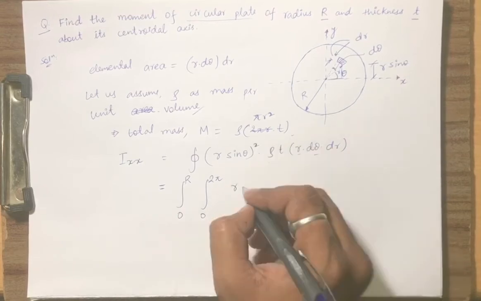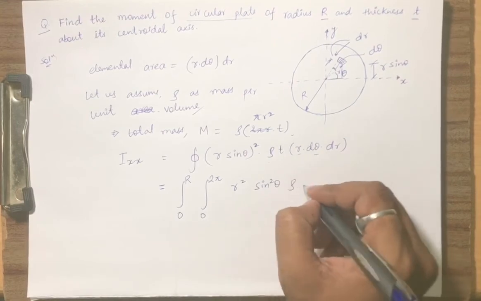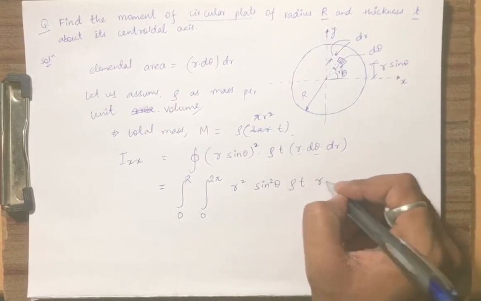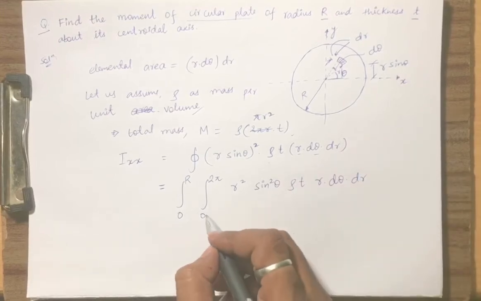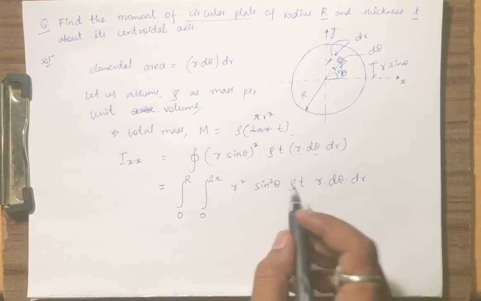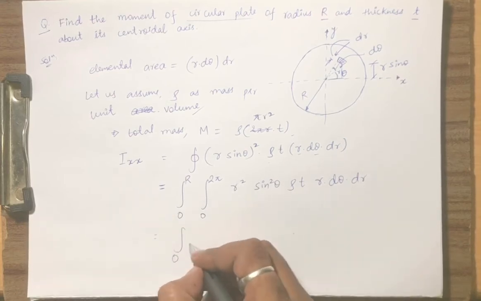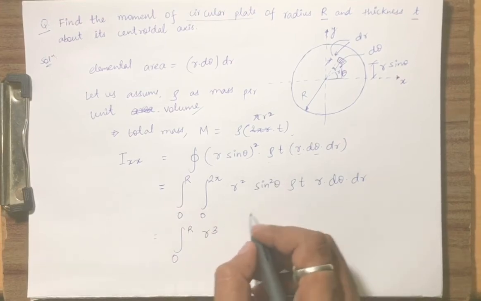This is squared, so r square sin square theta rho t r d theta into dr. So first we have to integrate with respect to theta, then r will be constant. So 0 to R, r cube